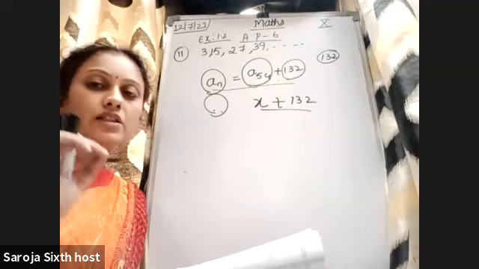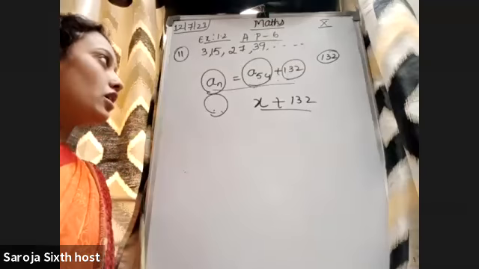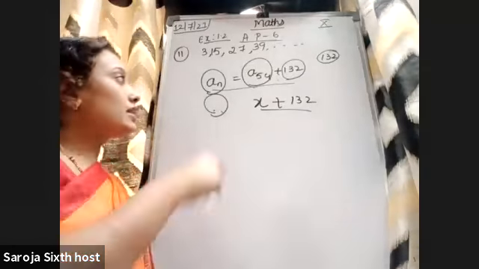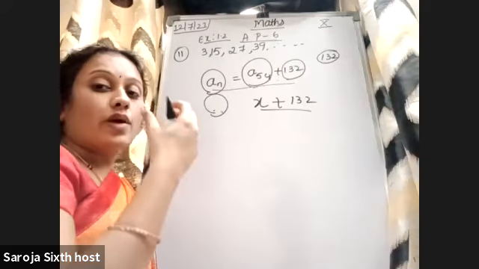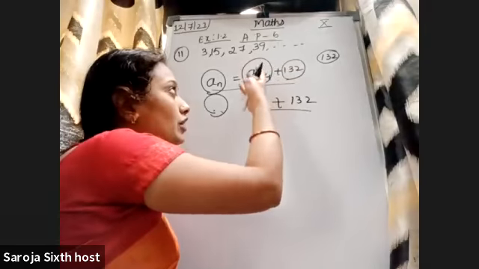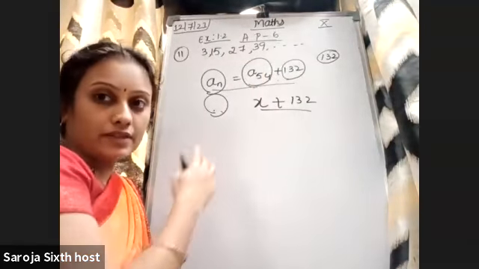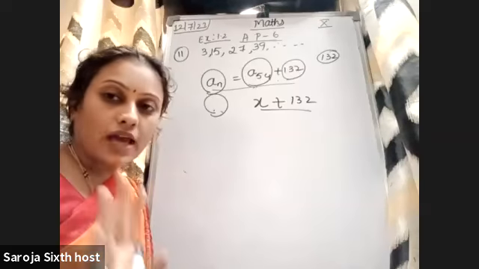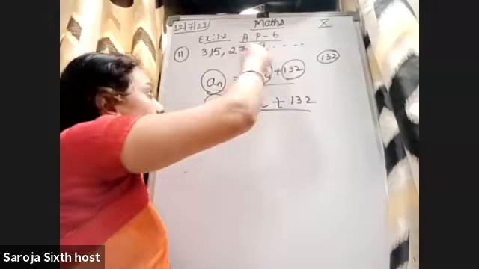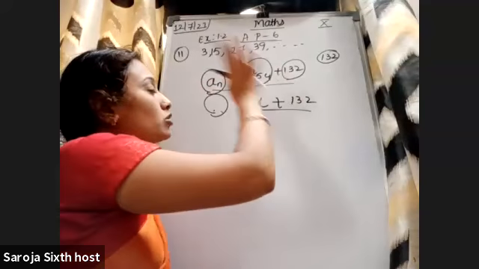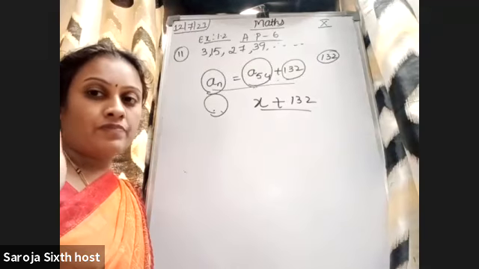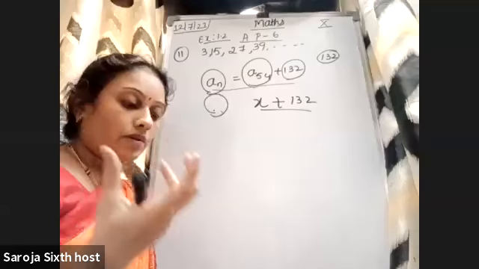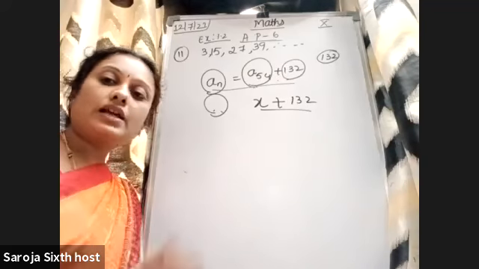Okay, so once again I'll explain. Which term of the AP 3, 15, 27, 39 will be 132 more than the 54th term? Here one term is there, we don't know that. So we have taken that term as a_n. But how to get that term? When you add 132 to the 54th term, you are going to get that. So that number we don't need to calculate. By seeing this AP, you take the values and substitute in this equation. So we will calculate the n value, that's all. The n value means how many terms are there, we will calculate. Did you understand, or is anybody having a doubt?